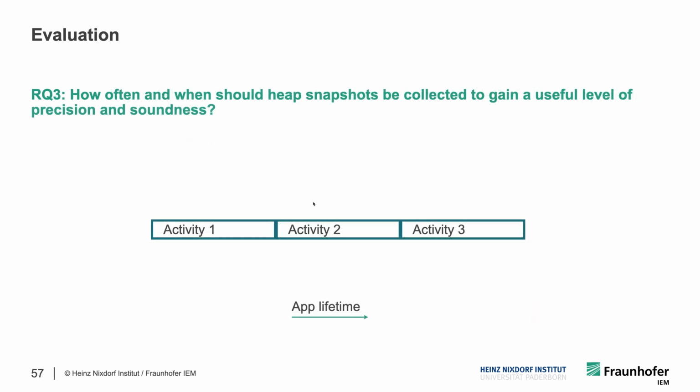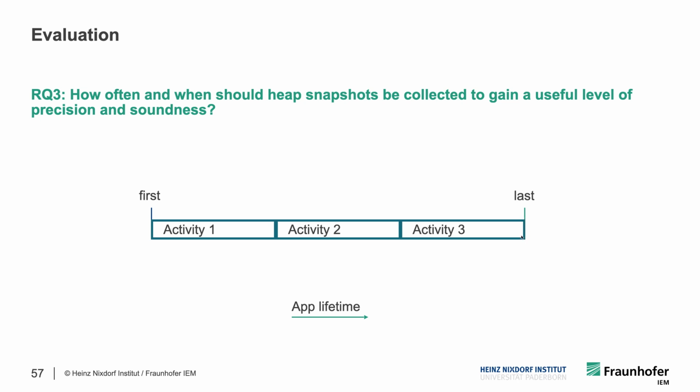Then the third question we looked into is how often and when should heap snapshots be collected to actually gain a useful level of precision and soundness. For instance, if you see that this is the app lifetime, you have some time where activity 1 is active, and then maybe activity 2 is started, and then activity 3. Then we have a configuration that collects the first snapshot here,